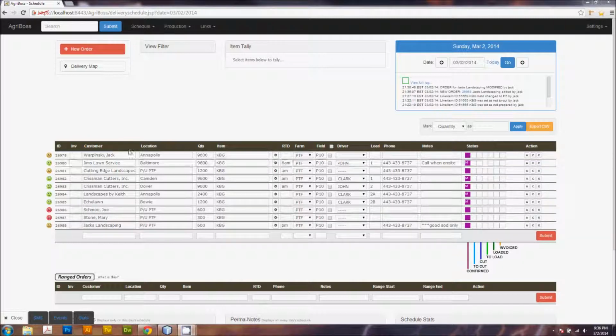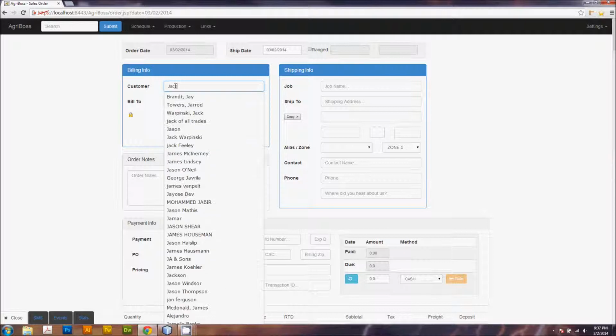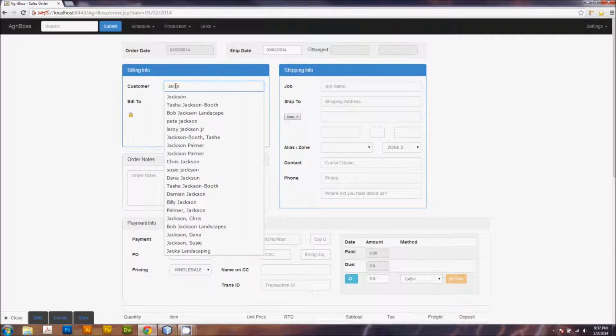The other way to do it for delivery orders, you would go up here and click New Order, and this would actually load basically a sales order page here. First, at the top of the page would be the ship date, which we'll just leave for today so it shows up on the schedule. But first you'd enter the customer name. We'll just call it Jack's Landscaping,